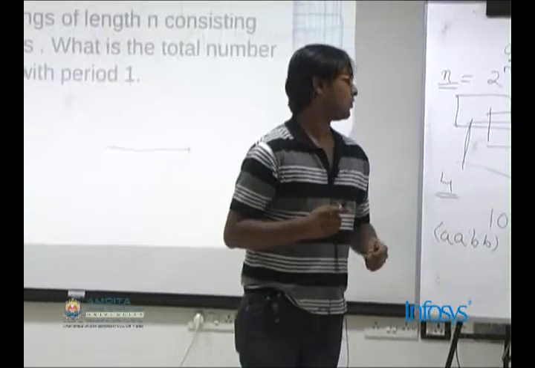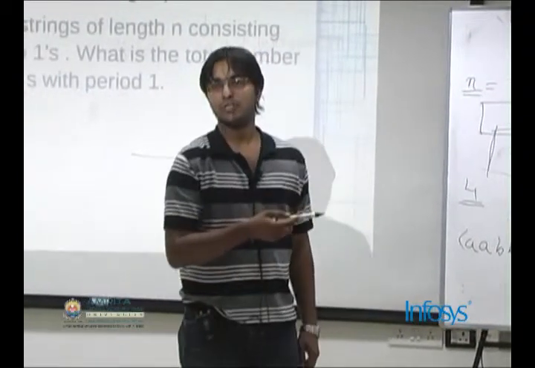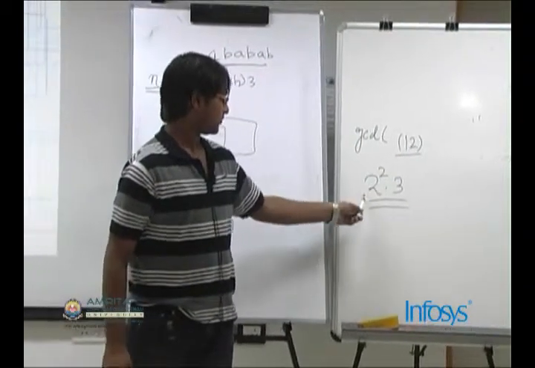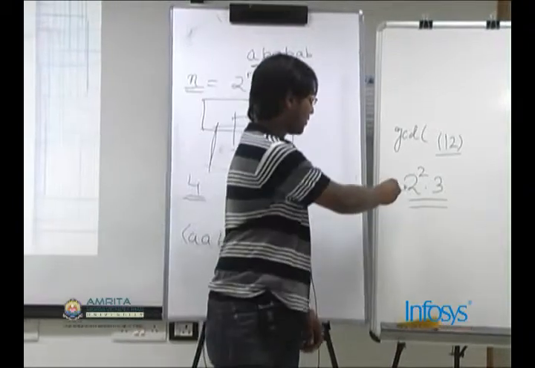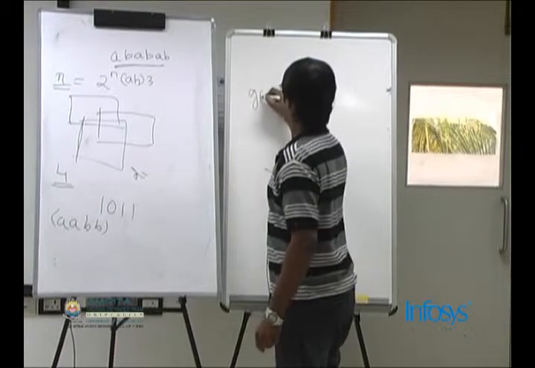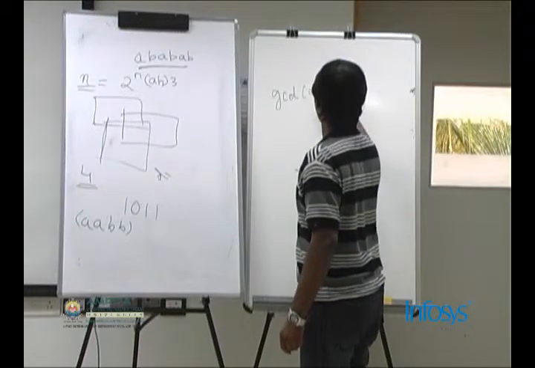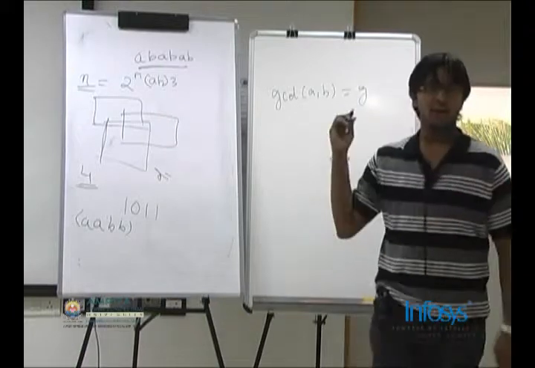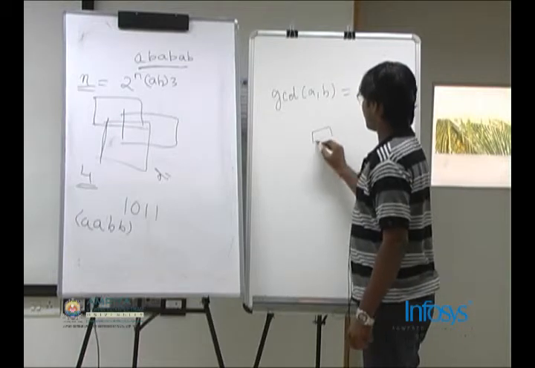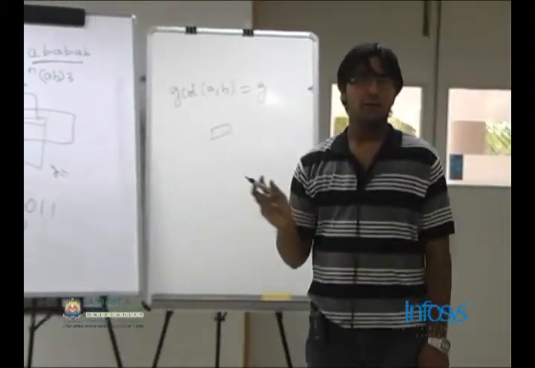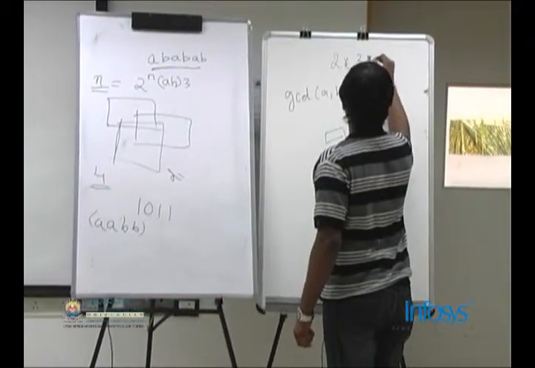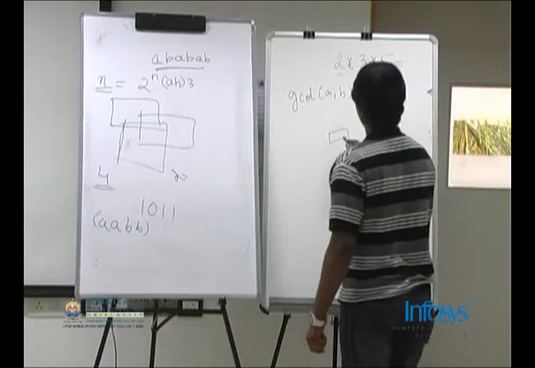Now, as I taught you about the inclusion exclusion principle previously, you can subtract all the strings not just having period 2, maybe more. So let's consider, let GCD of A comma B be G. Let's factorize this G, and we are considering all divisors of G. And let's consider any one divisor of G. Let it be 2, 3 or 5. This will be the GCD.